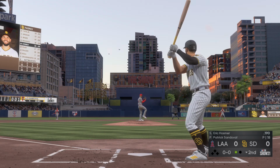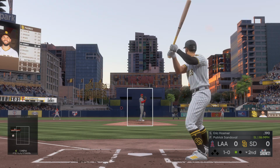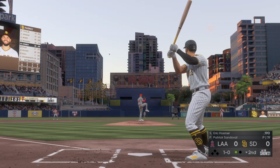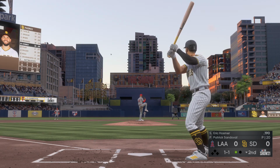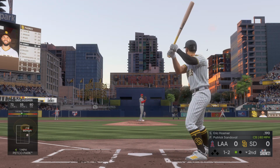First offering on its way. Going to need to make a little bit of an adjustment with his slider release and at least tempt the hitter that it's going to be a strike. And a strike to even the count. 1-1. Sandoval is a guy that's able to keep the bat off the ball. That's kind of the name of the game for a pitcher, and as a starter it really helps him work